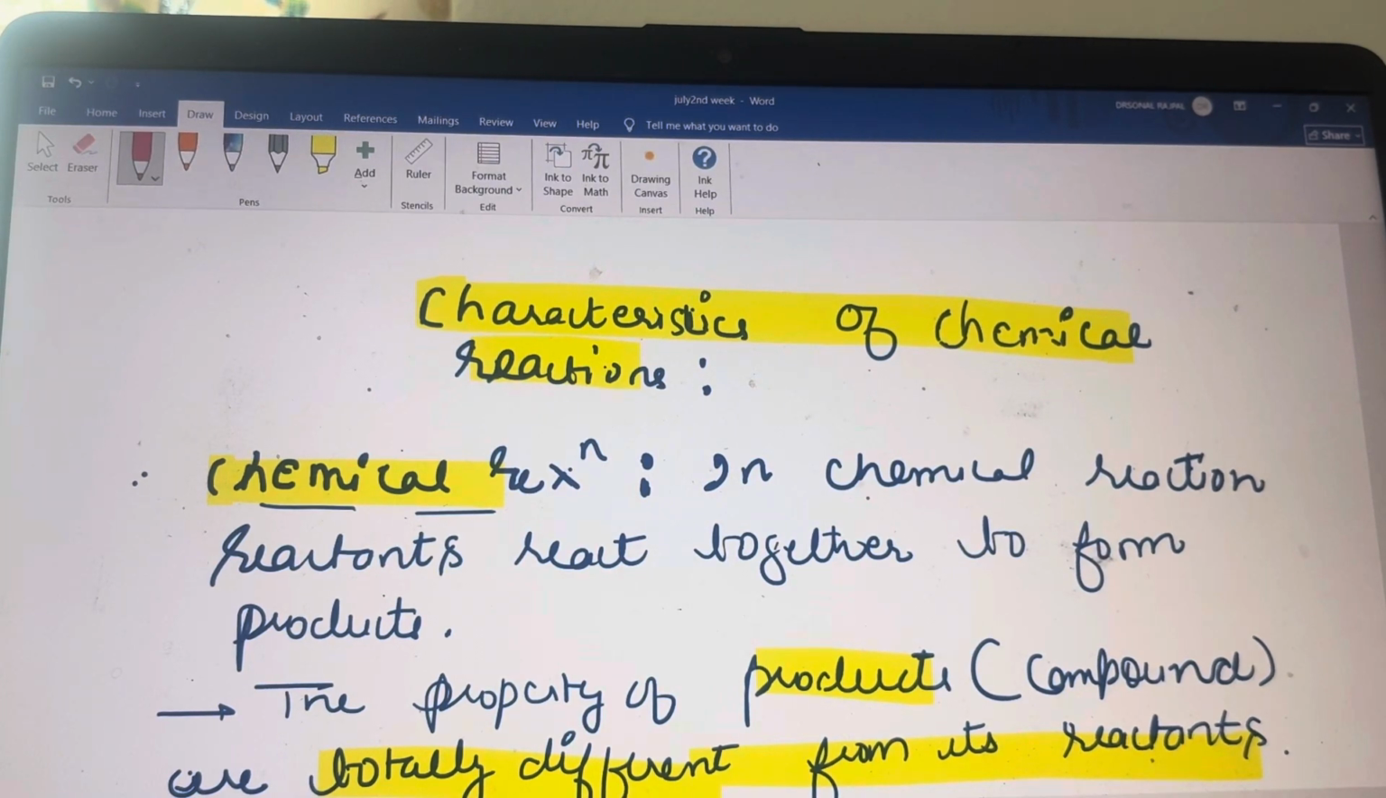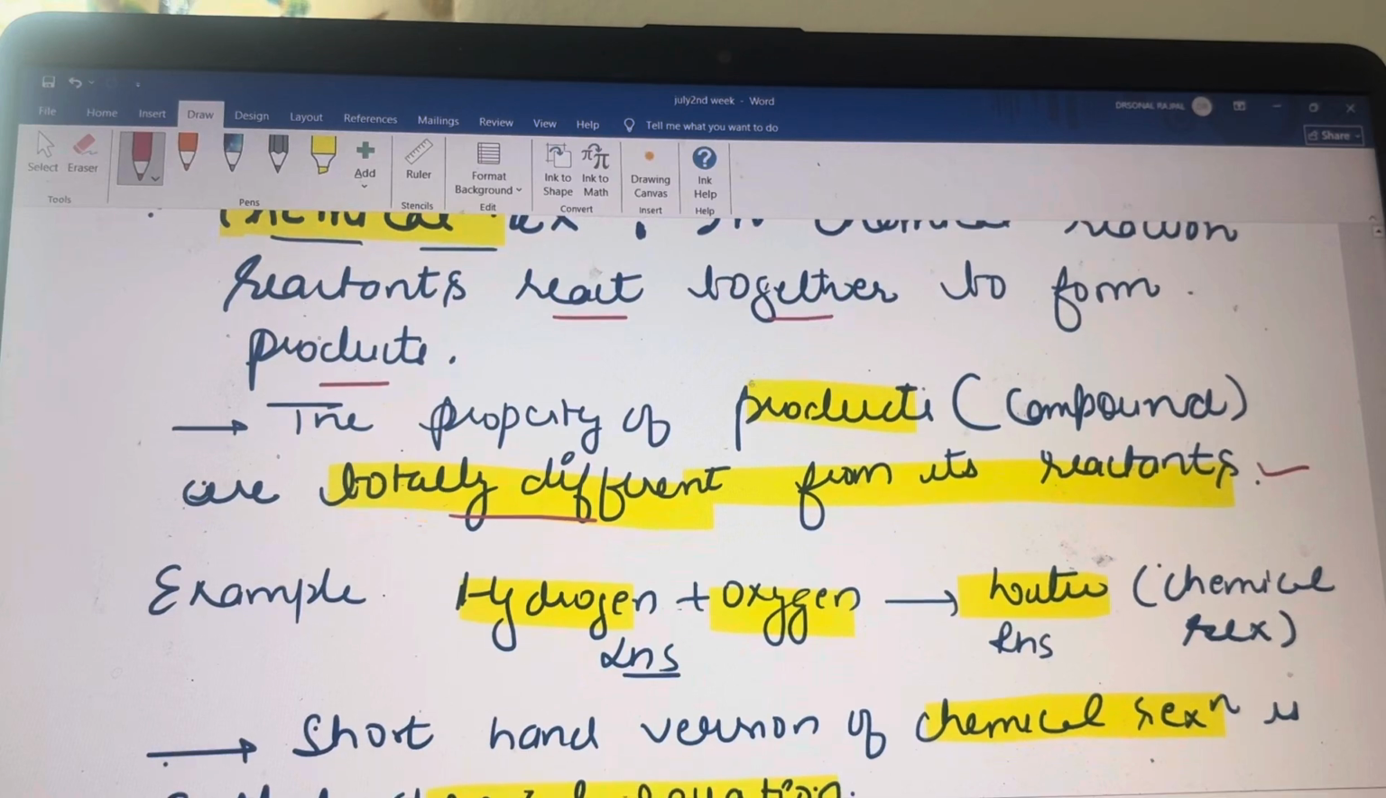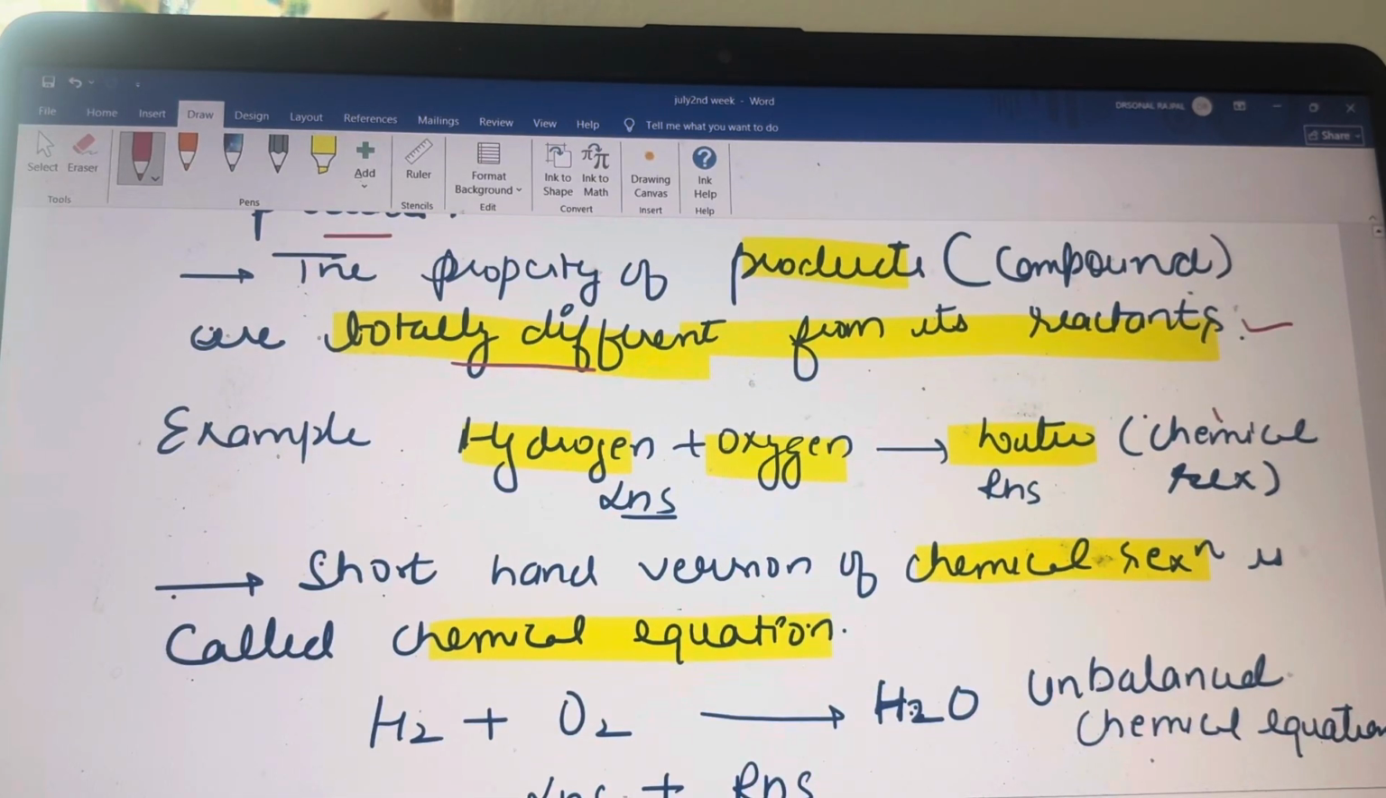In a chemical reaction, you all know that reactants react together to form products. And you also know that the properties of the products are totally different from the reactants. For example, hydrogen reacts with oxygen to form water. Whenever you write it in word form, it is called a chemical reaction, and the shorthand version of the chemical reaction is called a chemical equation, which I already explained in my